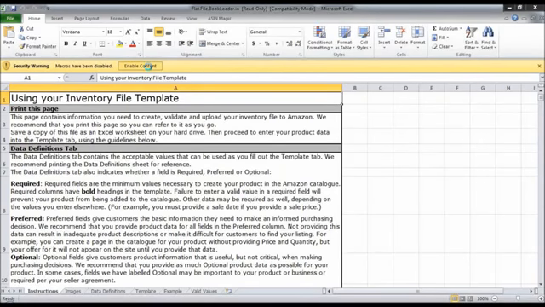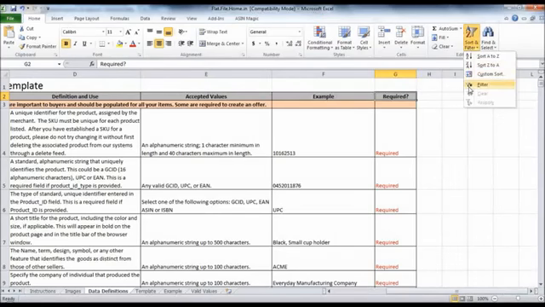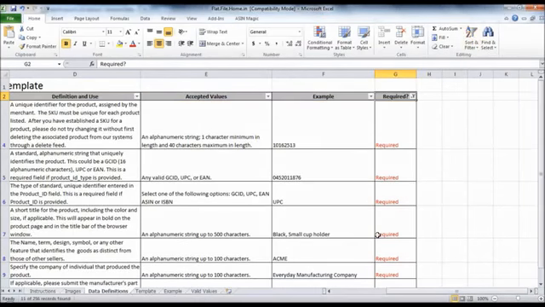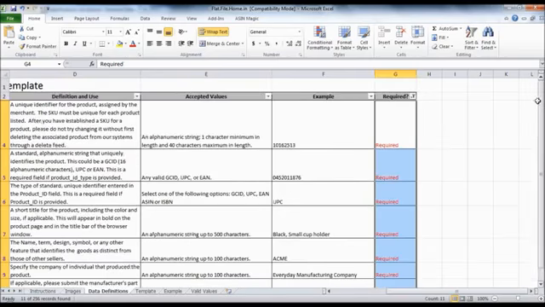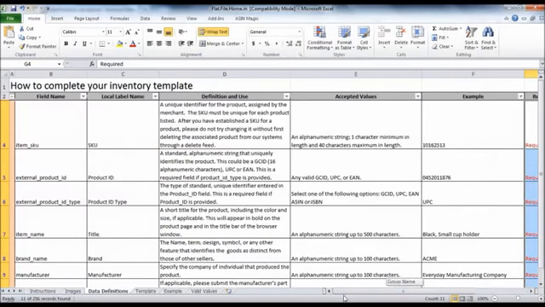Once your file is ready, please go to the Data Definitions tab on this file and do a filter. This will make your work easier as you will have fewer fields to fill up, and it will also make sure that you fill up all the required fields. So under the Home and Kitchen template, there are around 11 fields that are important and have to be mandatorily filled so that your products can go through easily.